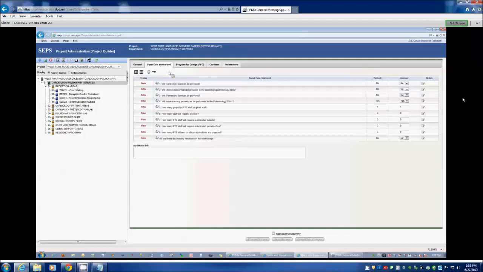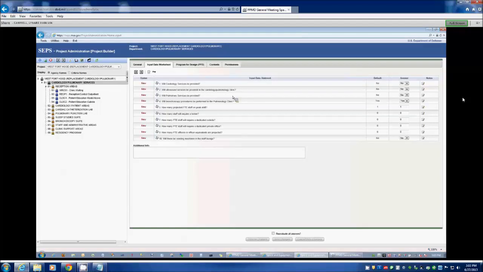When you first come into an input data worksheet, all your questions are going to be tagged with a status of new. And what that means is that you have never touched or changed the answer to any of the questions in the list that are identified as new. As soon as you make a change or type anything into the answer block for any of these questions and click on Save, then the status will change to answered, and you'll actually see that once we get in here